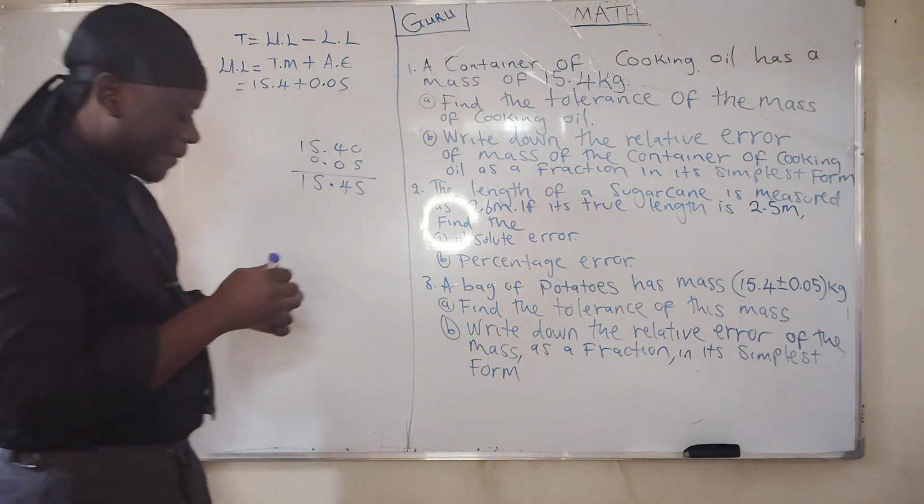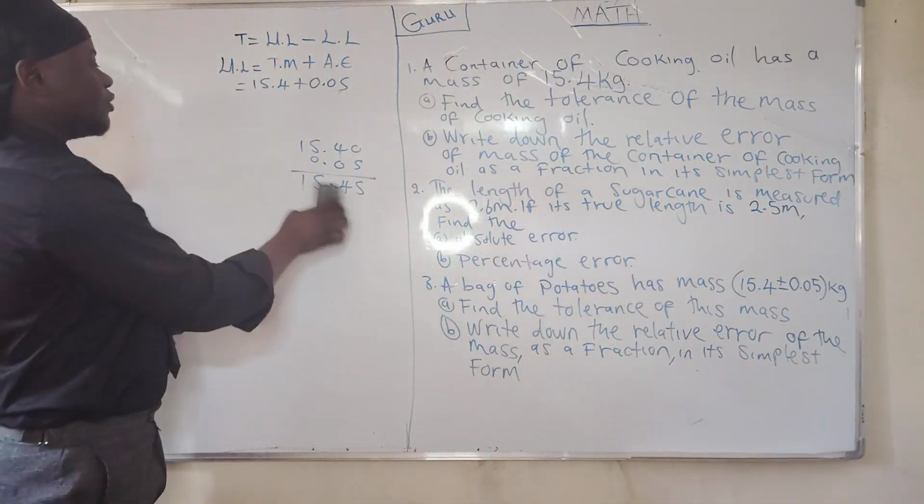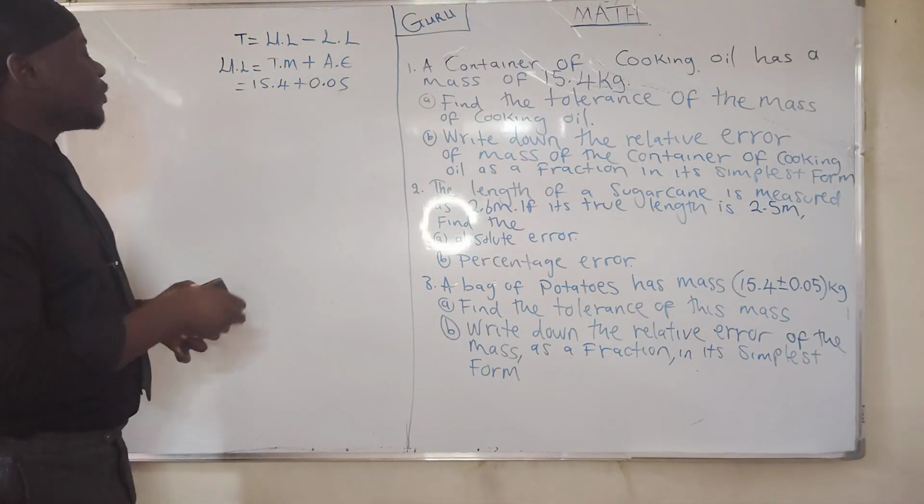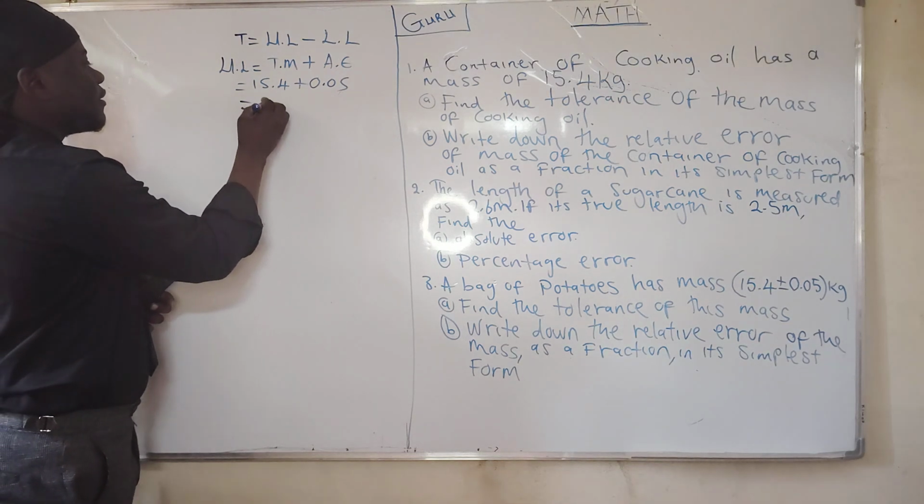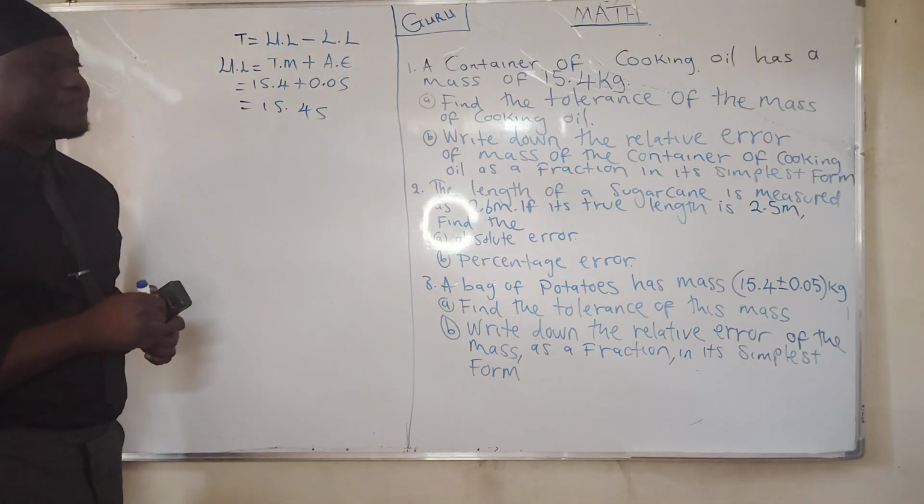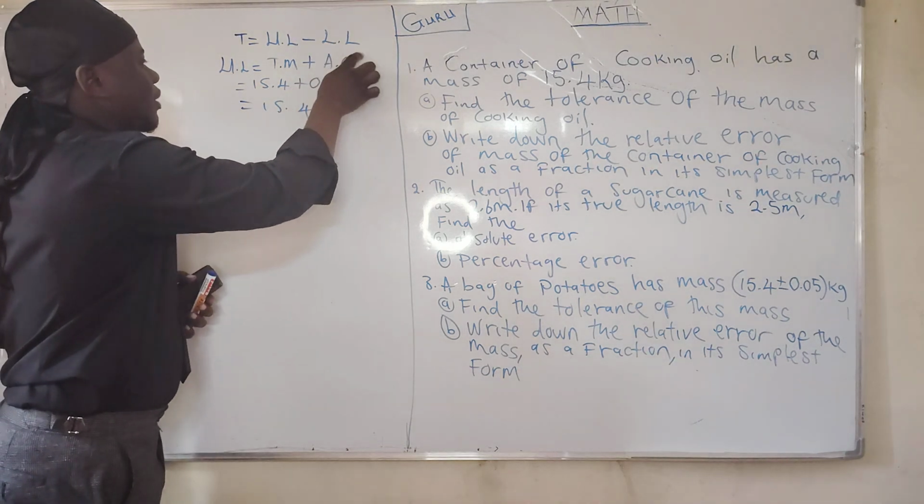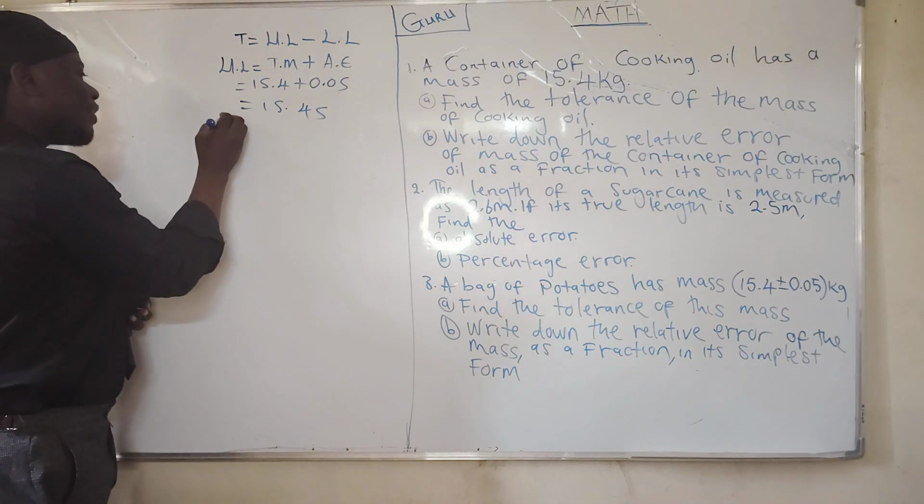So that's the upper limit. Upper limit you add. Don't forget. So we have upper limit as 15.45. That's the upper limit. Next now we need what? Lower limit. To find lower limit,